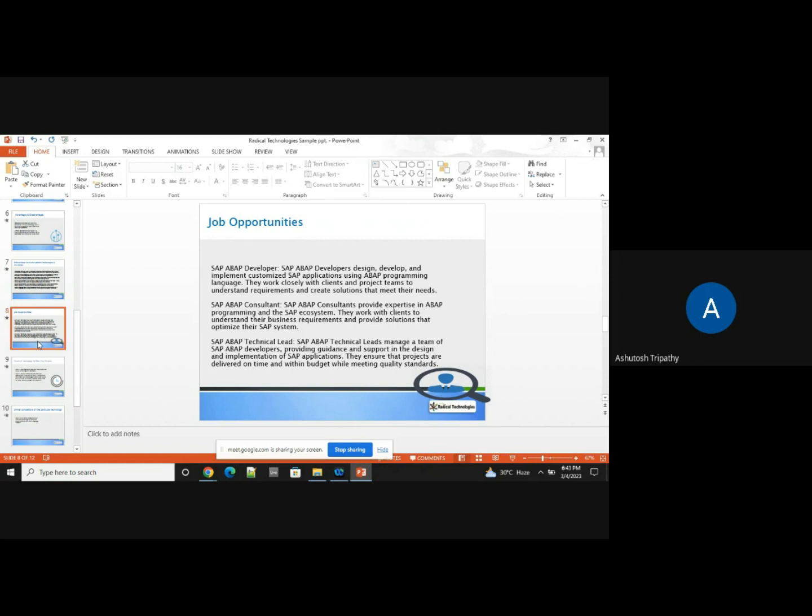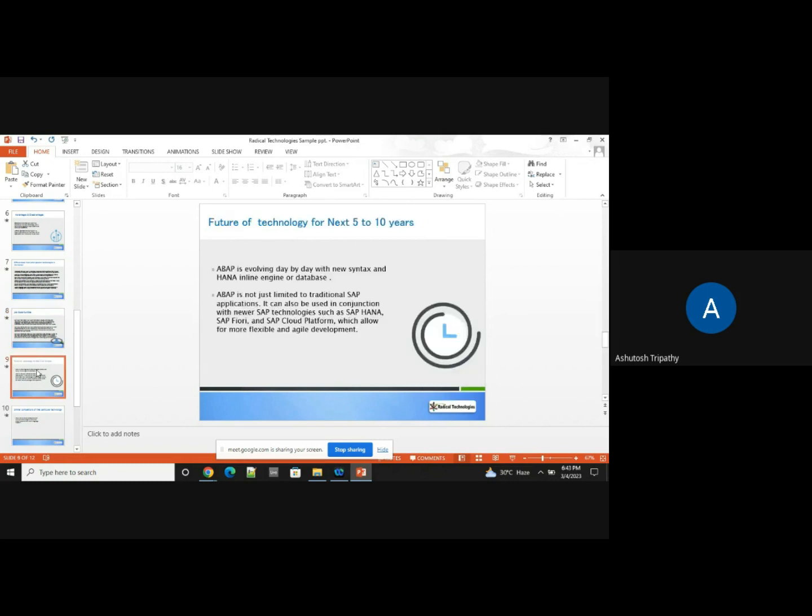So with this larger ecosystem, once you start growing from a developer to consultant, then to a technical lead, then maybe architect and project lead or a delivery lead, there are so many ways you can project your career once you start working as an ABAPer. It depends on someone's choice, like how they want to project. Some people have a larger goal of being a techno-functional consultant catering to a particular industry, whereas some people have the goal to learn everything, maybe the front end, back end, and the other ABAP technologies related to Fiori, OData, and other things, and then project themselves as a technical architect. That's where the key differentiator comes in.